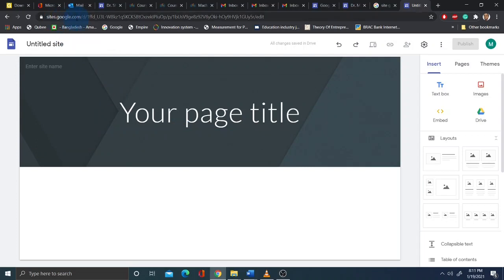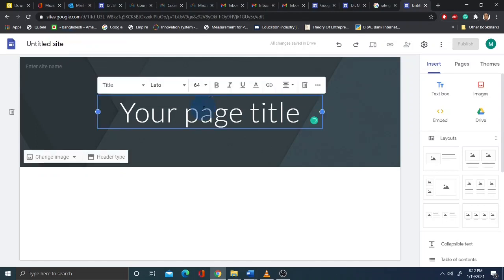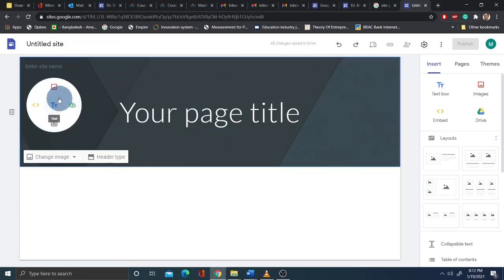If you wish to go to sites.google.com, you can log in using your Google account, then you can start doing the same thing we have done in WebNode. Just put your name here, and then in the page title, you can add your logo here and a background as well. And the most interesting thing in Google Sites is that you can insert text, you can insert images, you can upload any folder, image or text information.